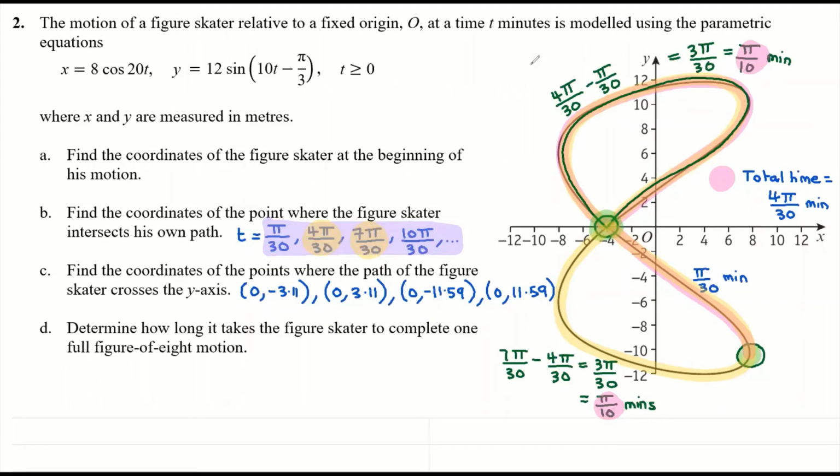Okay, so for part D, total time for one full figure of 8, that's hyphenated, motion